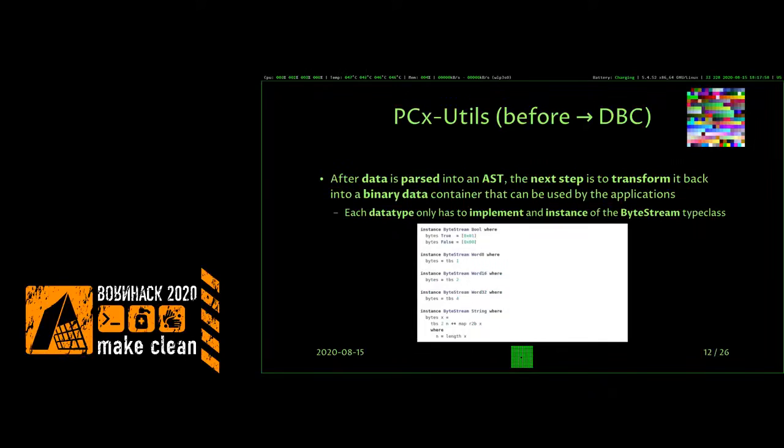So one of the things is, once you have the data in this AST, this abstract syntax tree,